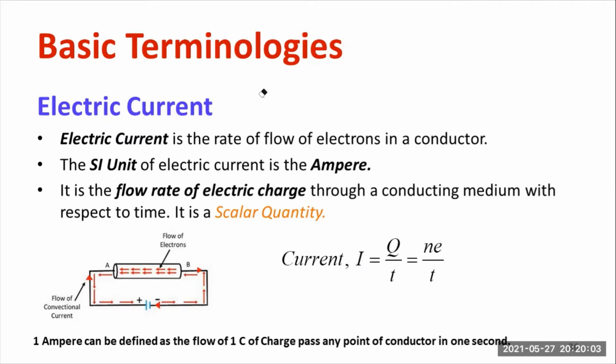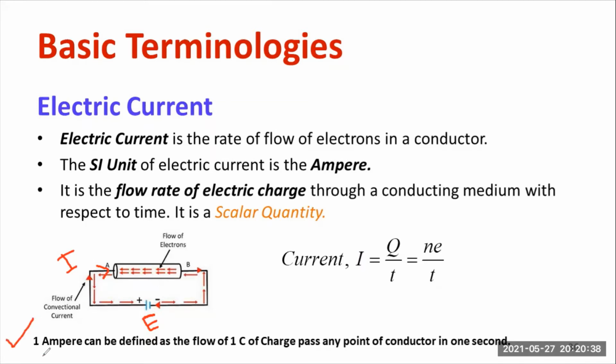Consider a conductor and we are applying a supply voltage of E. Whenever I provide the supply voltage, there is a current. Current flow starts. You can see the movement of current flow from A to B. Inside the conductor, current will be flowing. If I talk about the direction of current and the direction of electron flow, both are opposite. The direction of current and the electron flow are opposite. That observation can be made here.